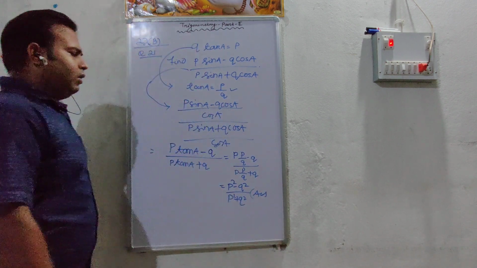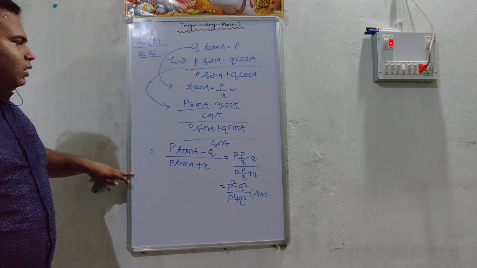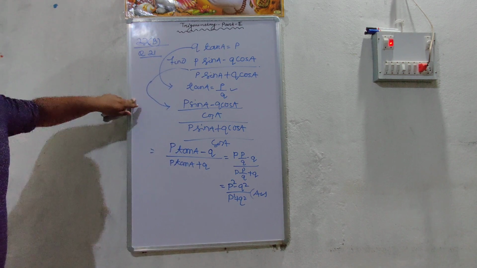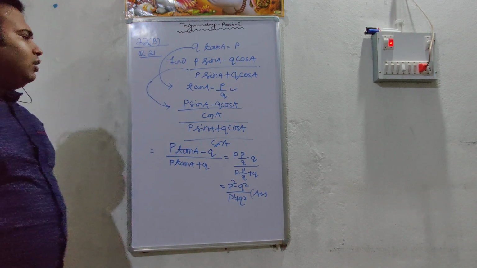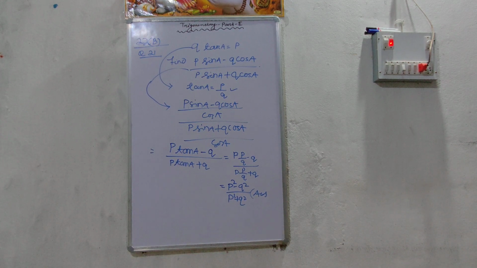So I omitted some steps because space is not there here. You can do the calculation properly to find the proper answer. Okay, let us see the sum. Again, I will explain to you.